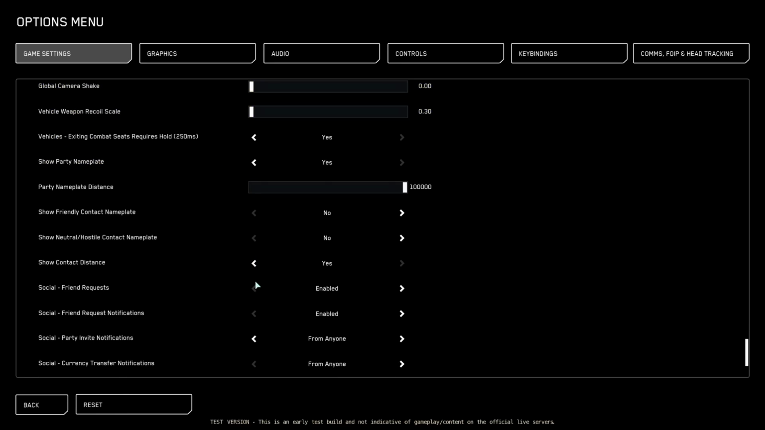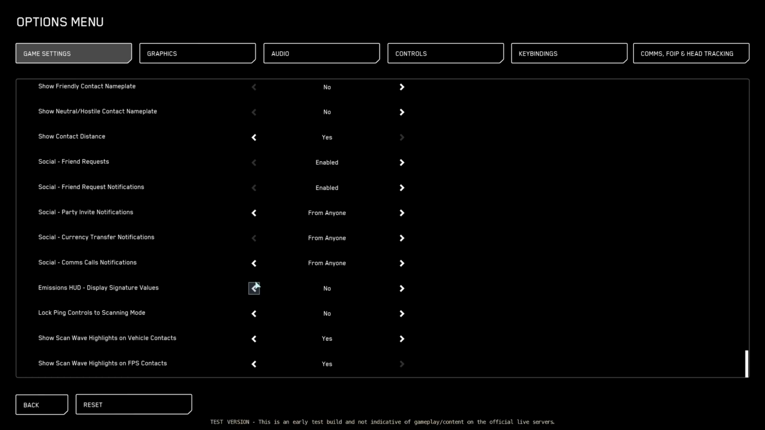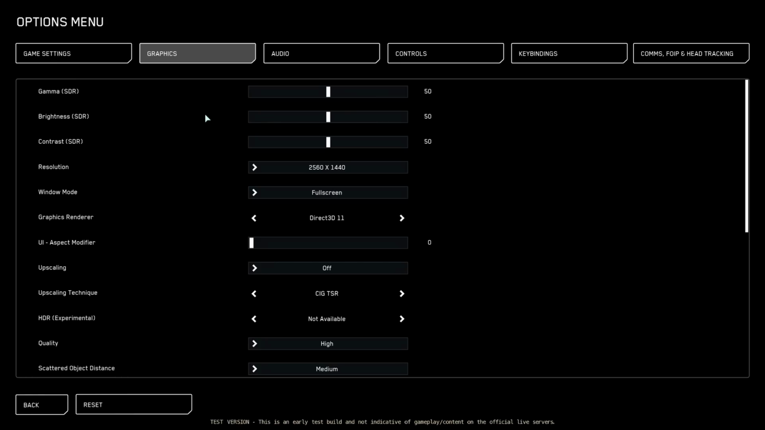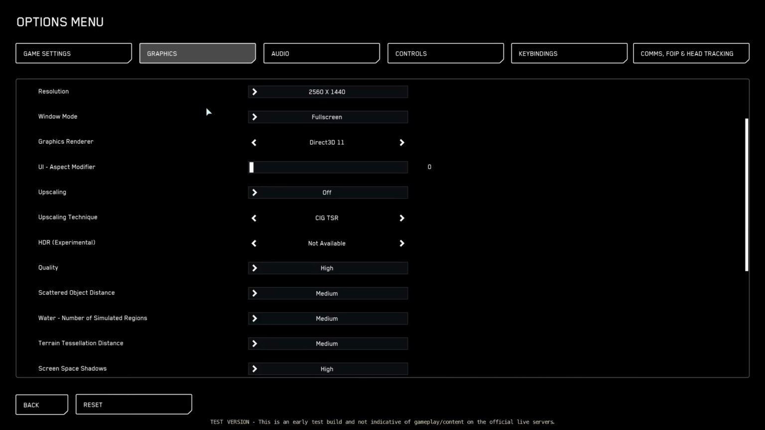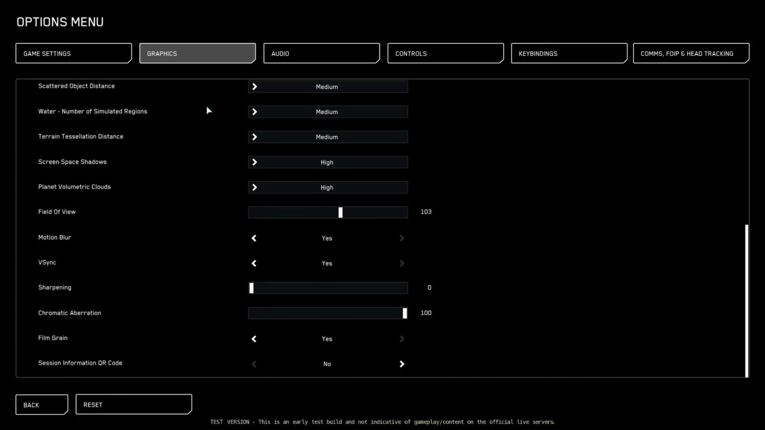And the rest down here is just not very important. I don't really mess with it or touch it. You could probably figure this out on your own because it's not worth talking about. The next tab is the graphics tab. This is completely and totally subjective based upon your system and what you like graphically, what you like for field of view, what you like for